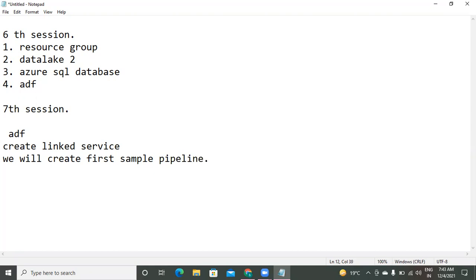For now, in this example, I will use only Azure internal resources. For the internal resources of Azure, to create linked service, integration runtime is required. Auto integration runtime is already available. So first all examples we will see within the internals of the Azure services.